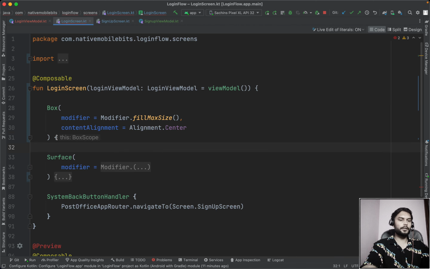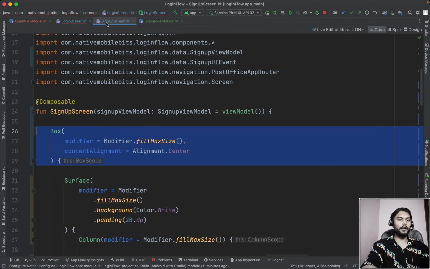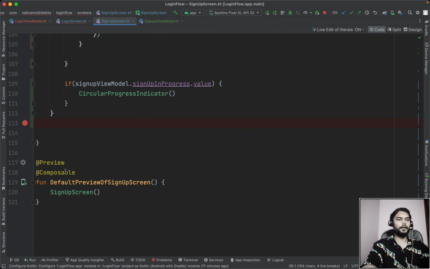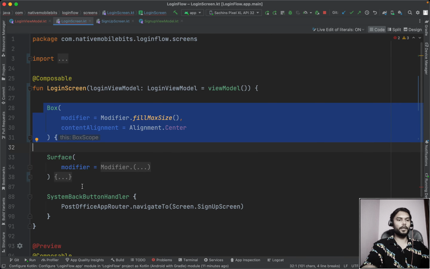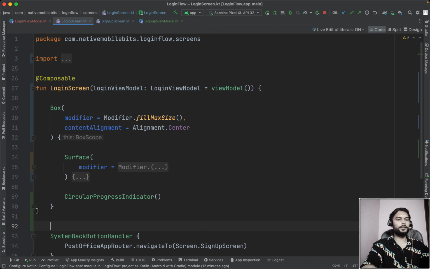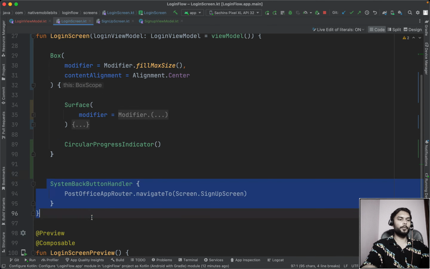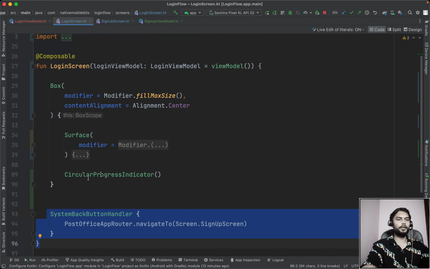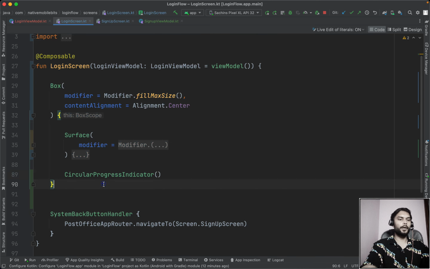So we have this screen, then we are going to add one frame layout, and then we are going to add one indicator, which is kind of circular progress indicator, right? So we can add it here like this, and this system back button handler is just for our back button navigation. Okay, so this is the screen we have, but this circular progress indicator should be only shown if login